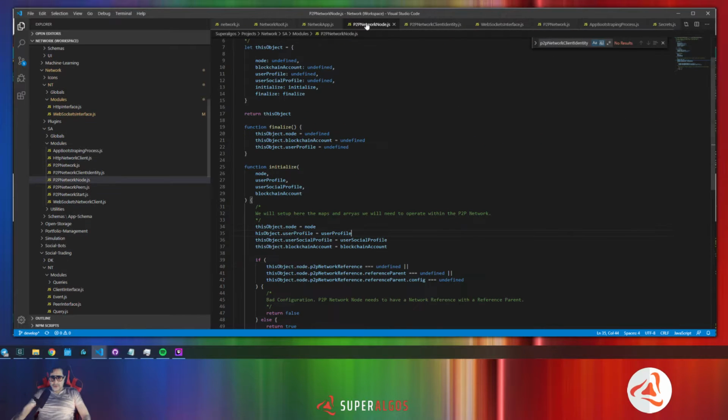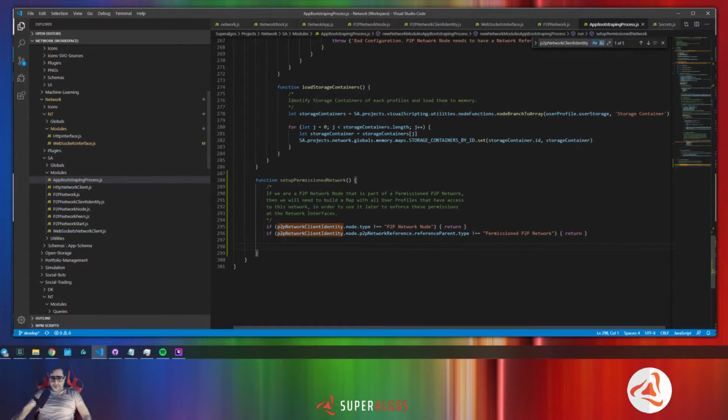But anyways, I'm not going to undo this because it's most likely going to be useful to have not the ideas in the secret file, but the actual reference to the profile where this node or this app belongs from. Because from the profile, you can go and search for any other information. Okay, so I'm going to leave that there. But actually, what we need is let permission granted, alright, is going to be equal to, and here